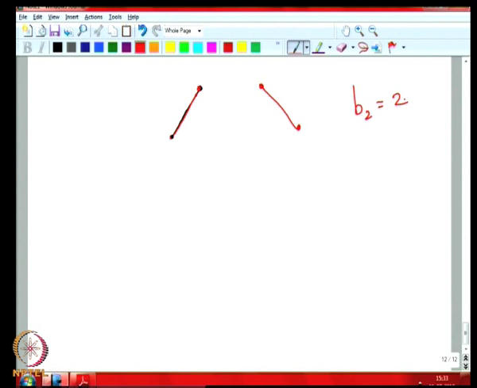What about B3? You can start with the single vertex. First possibility is we can put both the children. So, this is one. Another possibility is you can put a left child, and the next child can be again left of it, or you can put a left child here and then put a right child here.